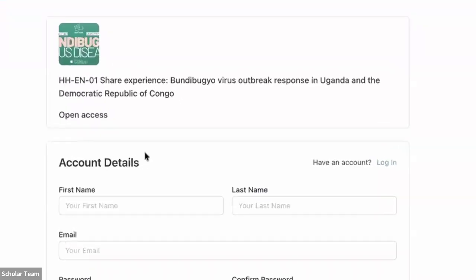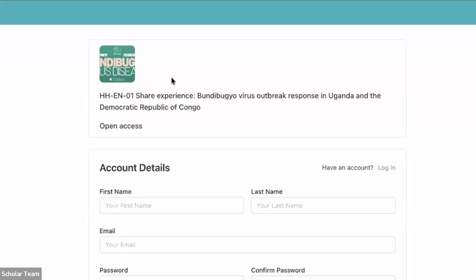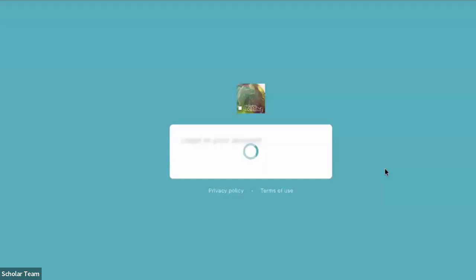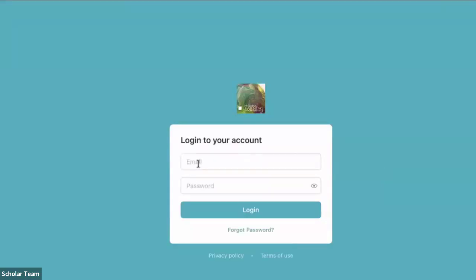Why? Because if you already have an account on the TGLF peer learning platform, which we call the Go platform, you don't need to fill in this form to create a new account or to fill in the account details. What you need to do is to come to this little icon. It's not very conspicuous, but it is the login. So you need to click on login instead. You input your email address and your password, and then you can log in and then register for the course. If you've forgotten your password, click the forgot password button.